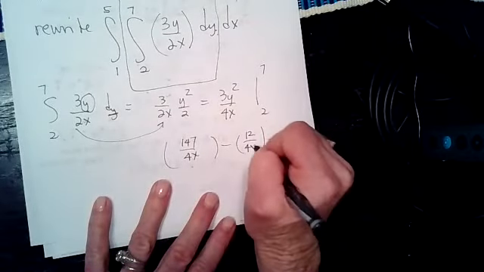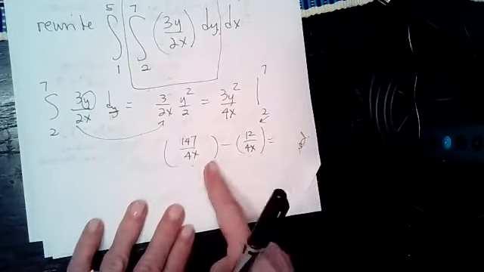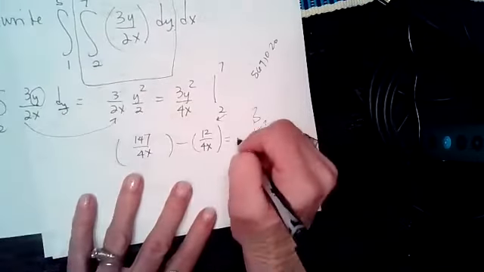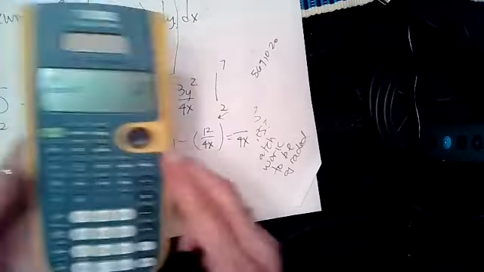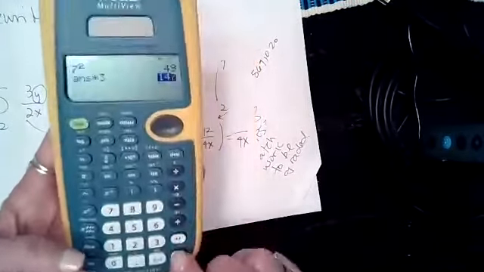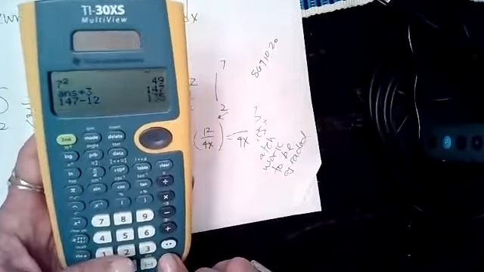And this is what I'm talking about. You don't want to reduce this yet because you're subtracting. You want to keep your common denominator. Okay? And then I just have to say 147 minus 12 is 135